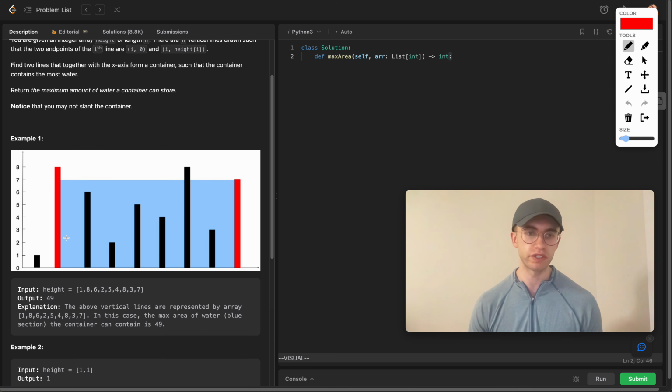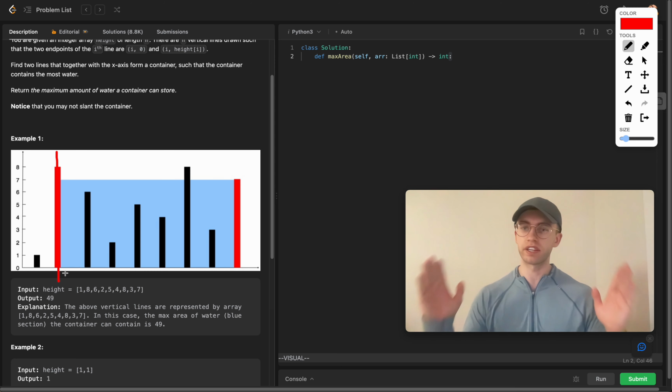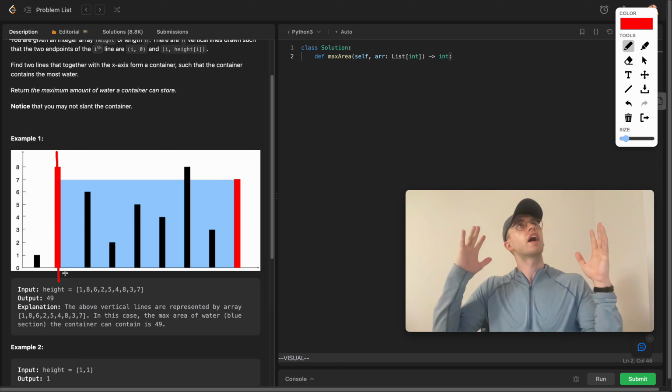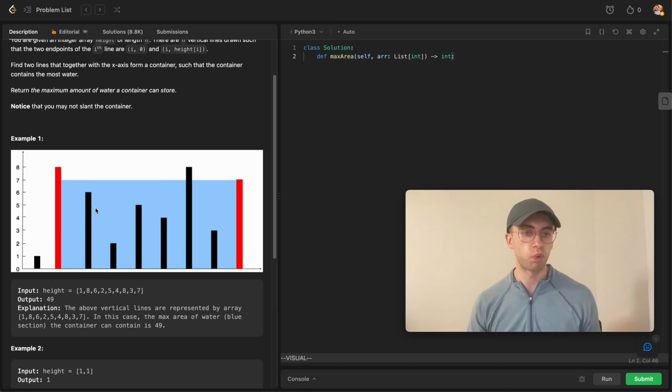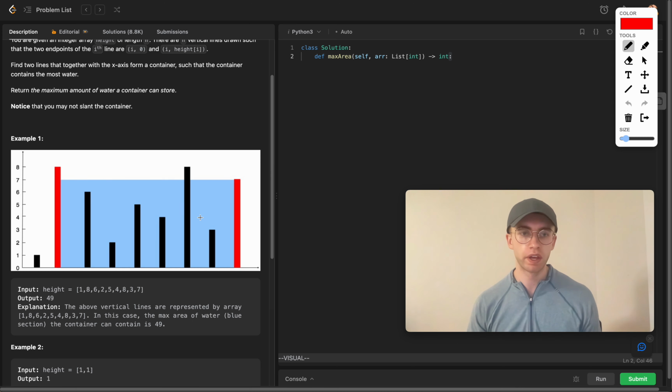And so what that means is these are basically like walls. And this is water here. The blue is marked as water. And so if you had these two walls used, you would be able to have this much water filled, which is a total volume of 49. And so that is much more than if you use, say,